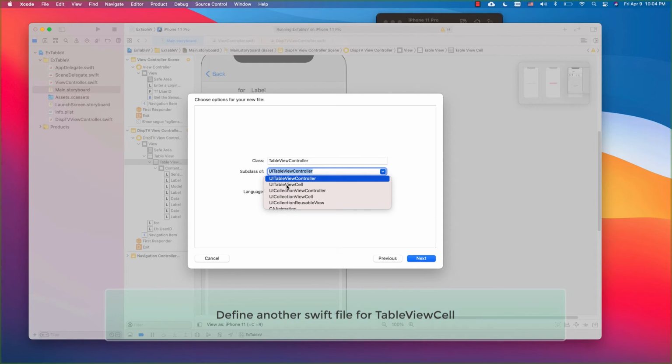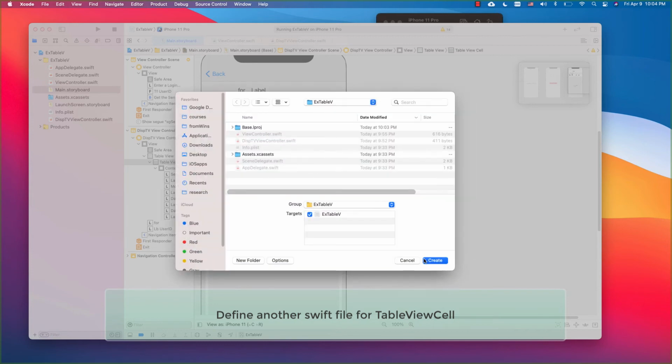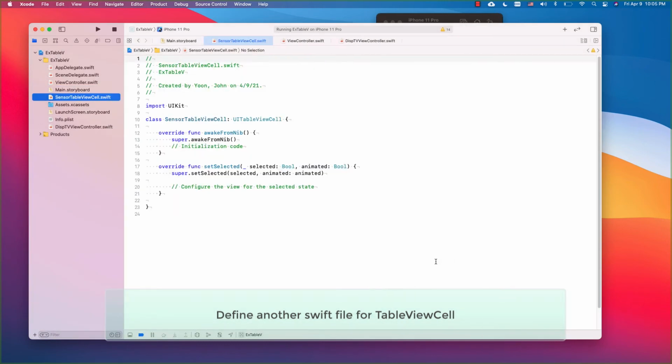Okay, that's what we need to do. UI table view cell. Name for that will be sensor table view. Okay, so that is defined. So we have a sensor table view. I would say that is just below this view and this. Okay,